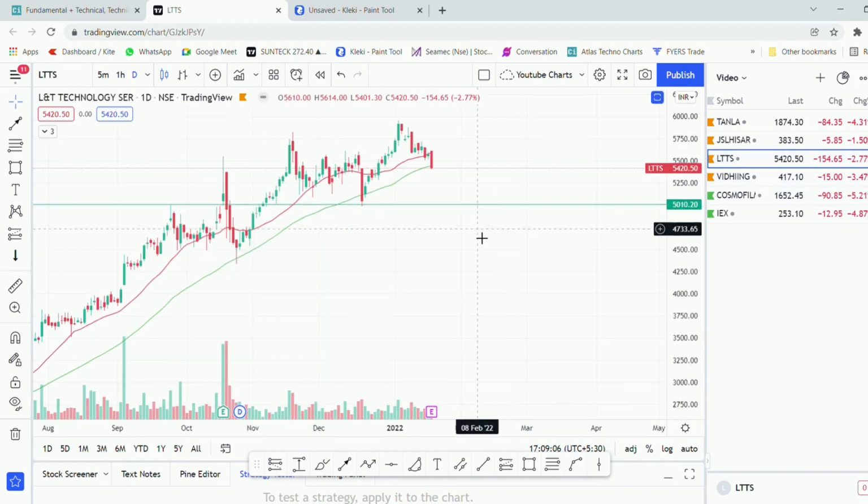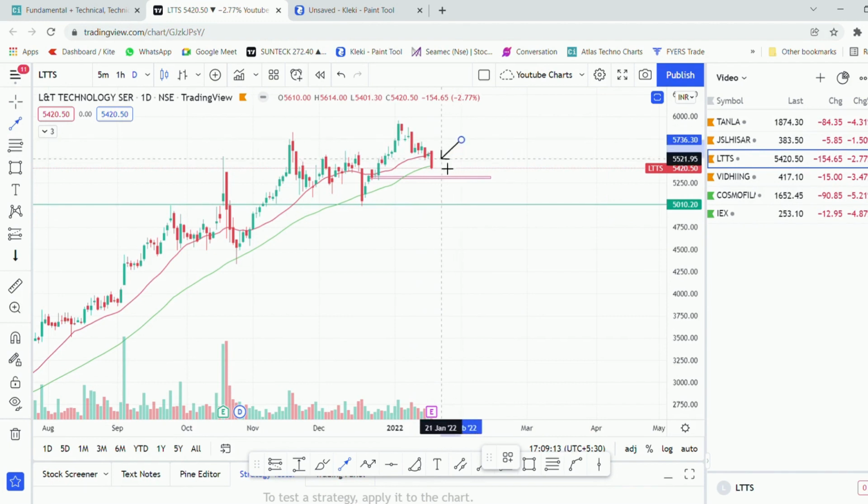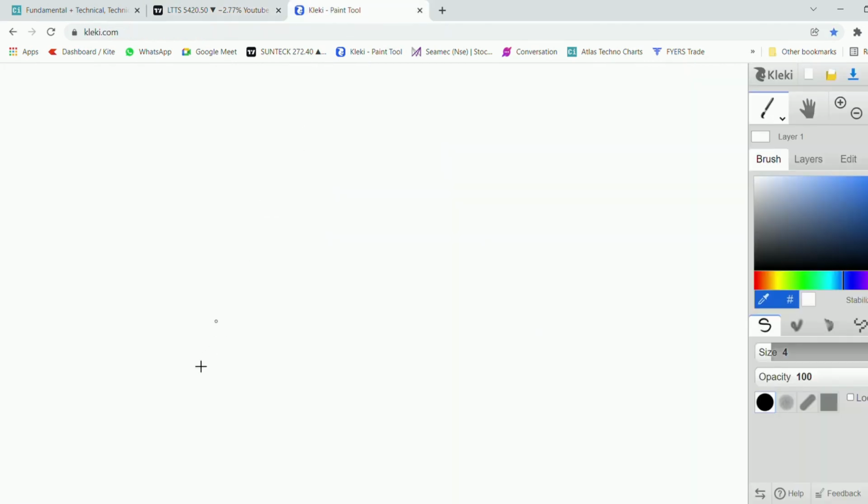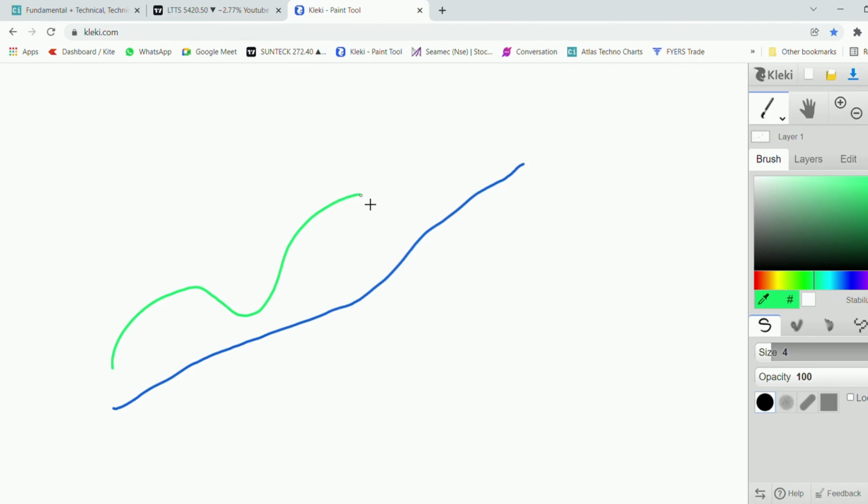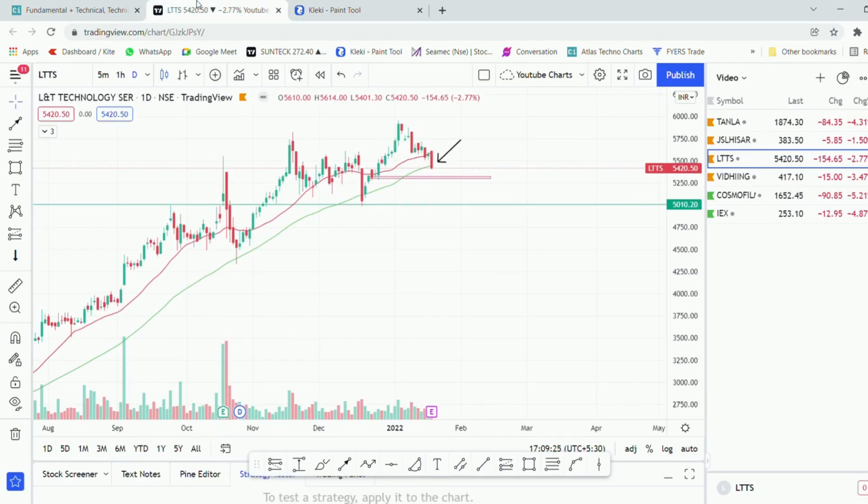So in this case, let us analyze whether there is a proper entry. As we can see, the stock has today broken the 50 moving average. So in this case, it is not advised to take an entry, because we are going to take entry in only those stocks that are trading above the 50-day exponential moving average, where it defines the short-term trend of a